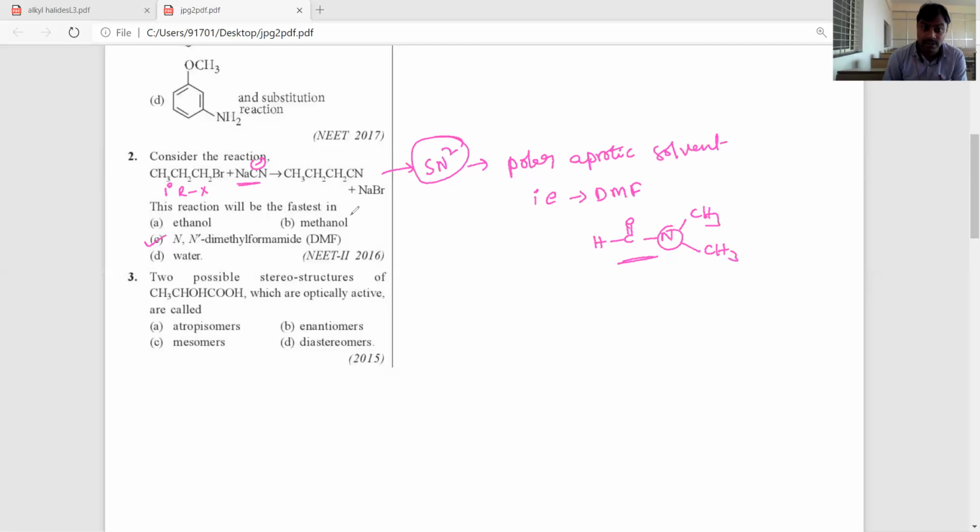So what is the solvent? Ethanol is protic. It can produce H plus ion. Methanol, it can produce H plus ion. Water also it can produce H plus. These are the polar protic solvents. Ethanol, C2H5OH, methanol, CH3OH, and water. These are polar